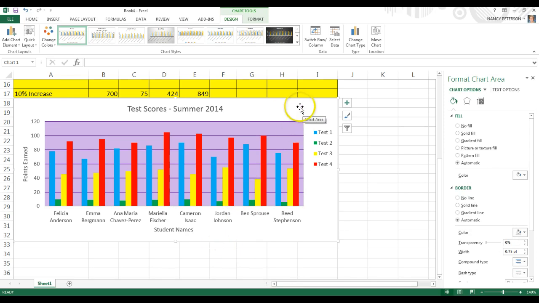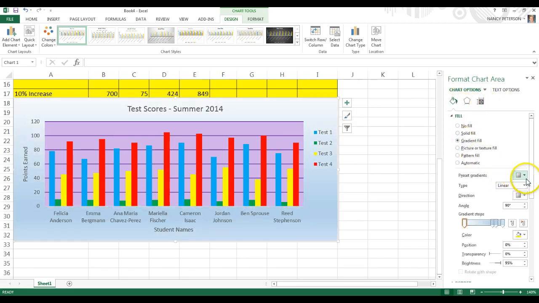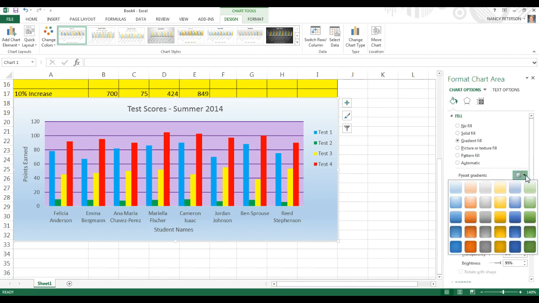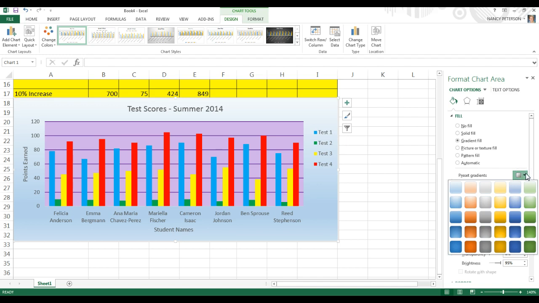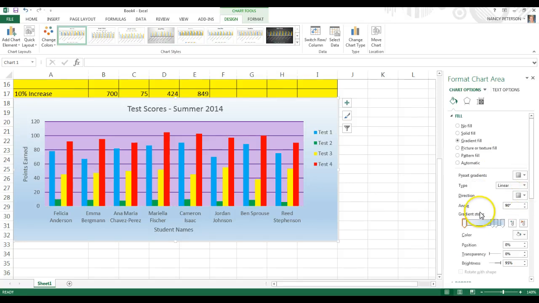And let's go ahead and fill in the chart area. So on the chart area, I'm going to go ahead and use a fill on that, and I'm going to use a gradient this time. A gradient is a blend of 2 or more colors. Those are some preset gradients based on our default setting on our cluster column chart that before we started enhancing it with our own beautiful colors. And so I'm going to choose a linear, and the direction, I can change the direction of how it fades. I think I will go this way,